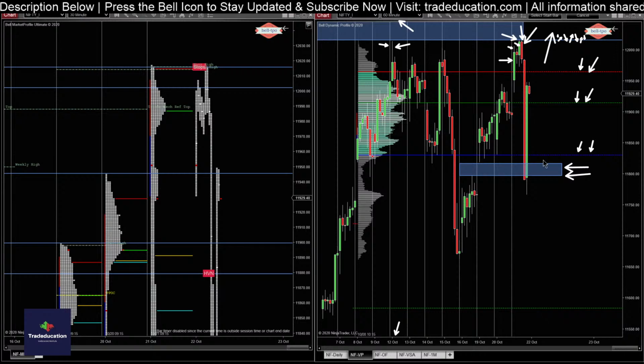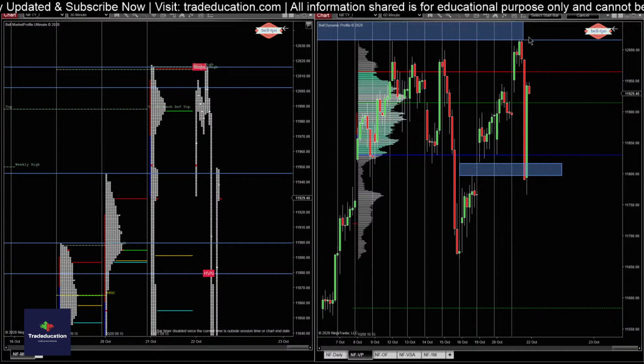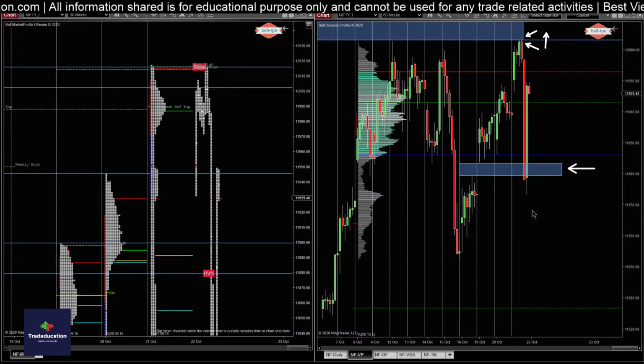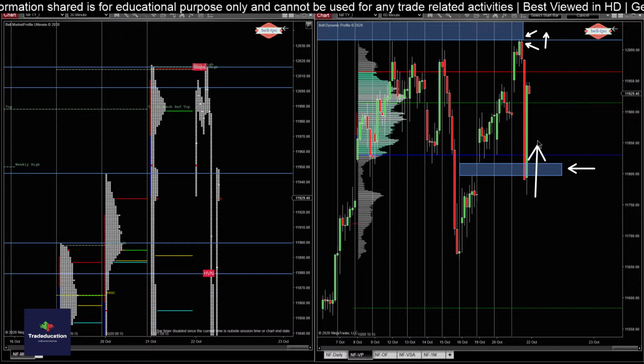Okay. So yesterday was 22nd of October, and you see how nicely, at a visual reference, the sellers came in. So this is where the sellers came in. Now, mind you, this high is also weaker. So expect this high to be tagged and try to fill the gap. So sellers came in, and there was this anomaly which was present since the last 2 days, which got repaired, and immediately the auction went higher.